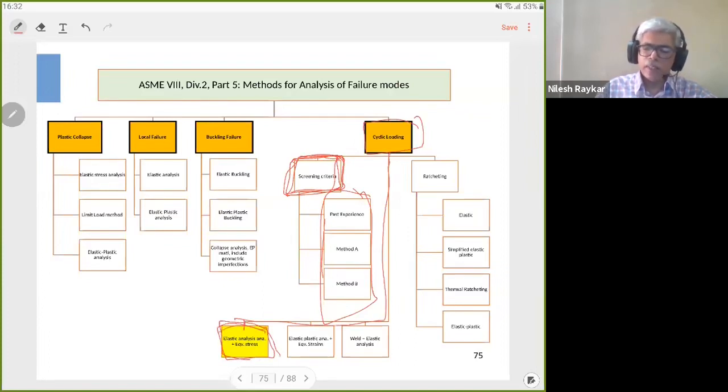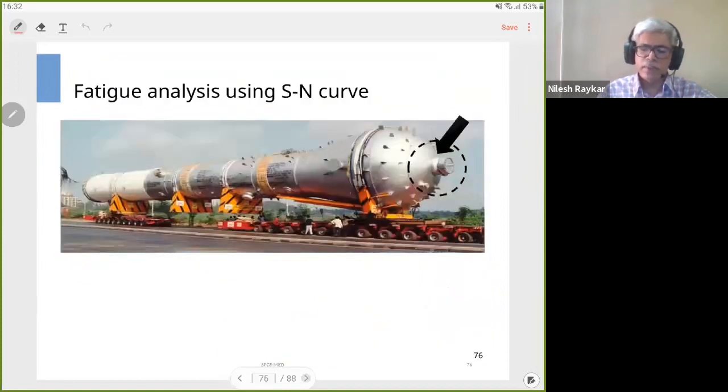And as a part of fatigue analysis, there is something known as ratcheting, which we are covering in the last part of this session. So fatigue analysis is nothing but using the SN curve, which you have learned in the 6th semester. You have the SN curves for different materials, and the SN curves are available in the code. You calculate the peak stress using the finite element method, and then see to it that, corresponding to the required life, your stress values are below the corresponding values given by the SN curve.